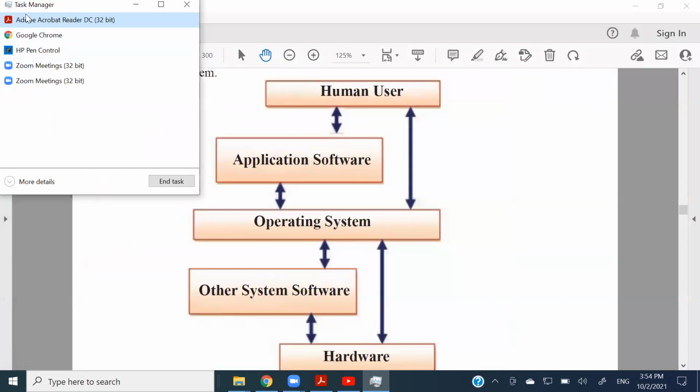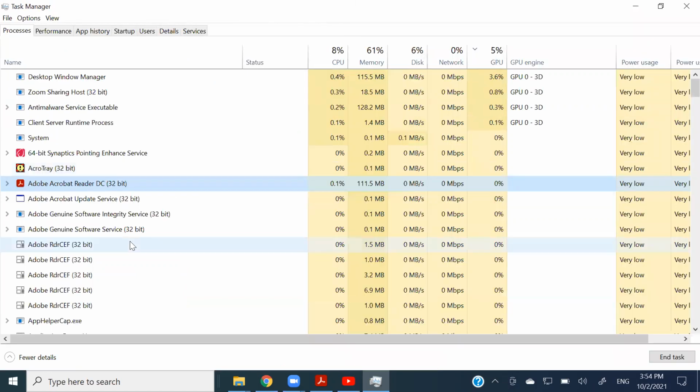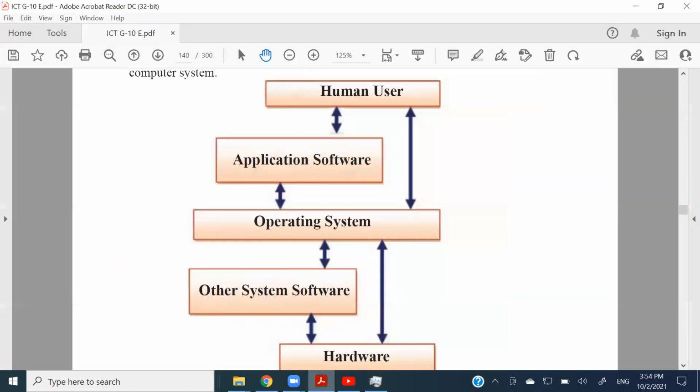So other than these 5 programs, all other things can be categorized as utility softwares and other system processes inside the computer, which are carried out and managed by the operating system. So now you can see it helps the application software to run in your system as well as the other system softwares to run inside the system. So you can see the operating system plays a very major role inside your computer. Without the operating system, none of these things will be able to interact, right?